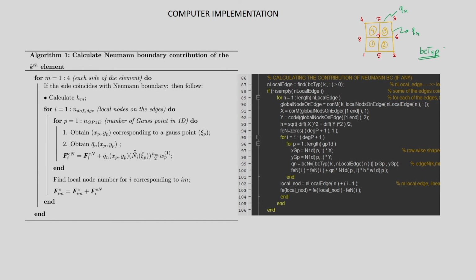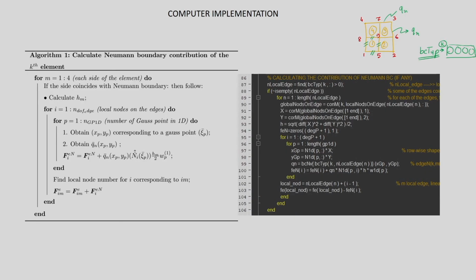We stored for a given element some numbers in the columns. What does it mean? It means that the first number corresponds to the first edge of an element. The second number corresponds to the second edge of that element, the third number corresponds to the third edge and similarly the fourth edge. So, these are the local edge-wise numbers in a given element. So, we had 4 entries in the kth row. Kth row basically represents the kth element.